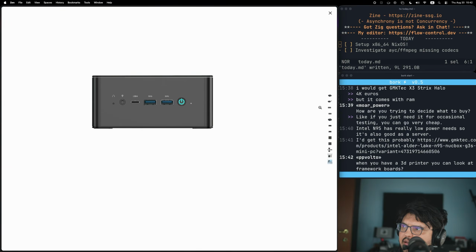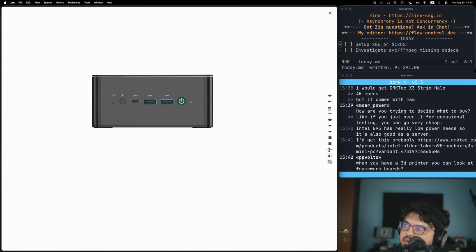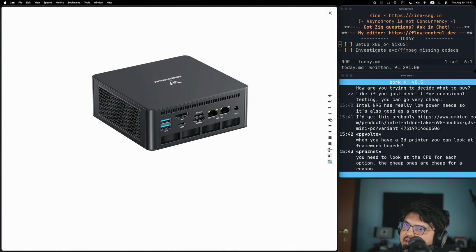Also, I don't know precisely what these ports are because there's no way of knowing, but at least they are not white, so they're not super sucky USB ports. And there are a couple USB-C ports that are going to be fine enough, I guess. Double LAN is useful. DisplayPort and HDMI is also useful. Oculink, not useful at all, but hopefully one day some dude will realize that having a